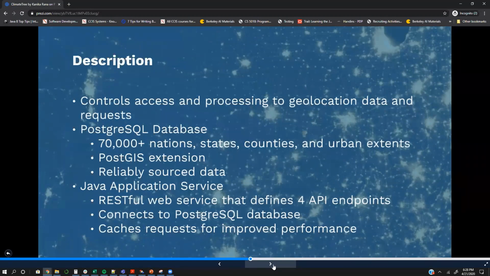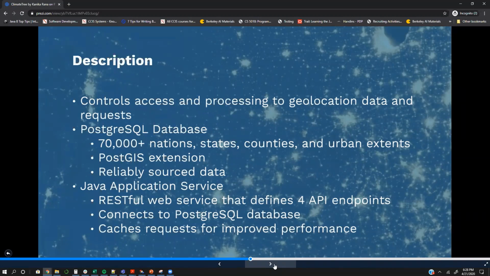So the Places microservice controls the access and processing of all the geolocation data and requests that are coming in for ClimateTree. The service was built on top of a PostgreSQL database, and that's the main portion of our microservice. The database contains about 70,000 records of different places across the world.